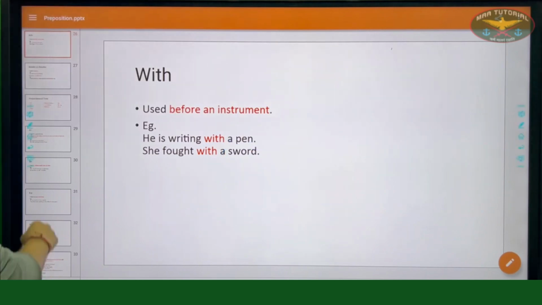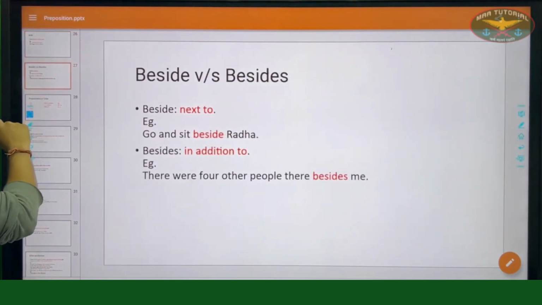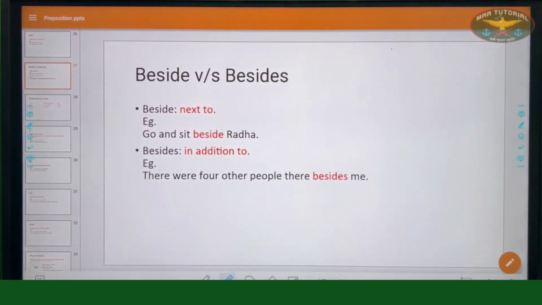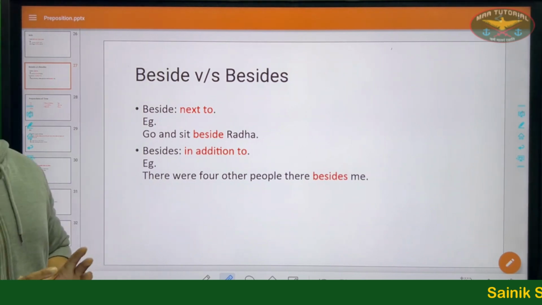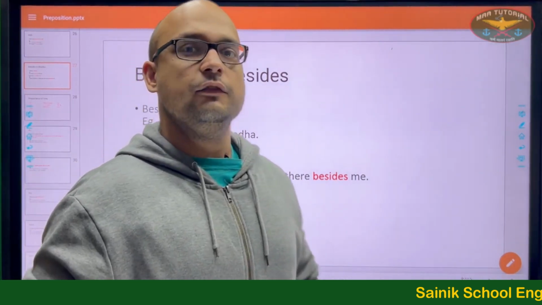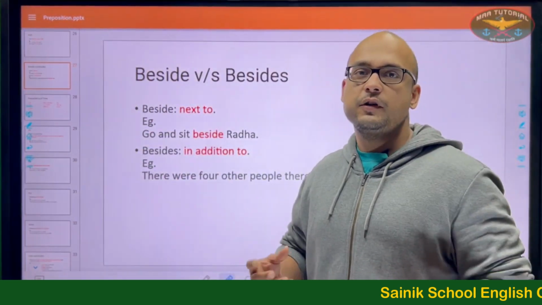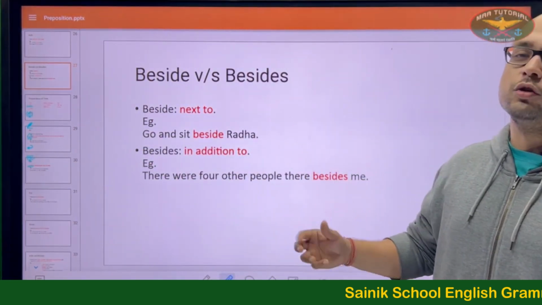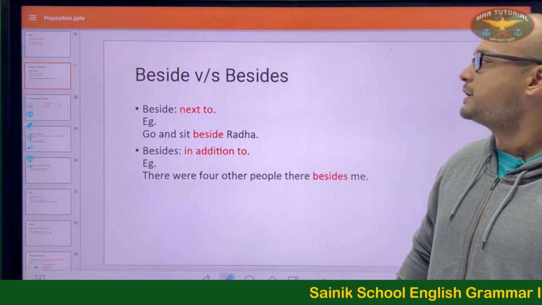Let's move on to our last set of prepositions of place or position, beside versus besides. Now I have put a versus here because both of them can be confused for each other, but we must be very clear where besides should be used and where beside should be used. So we'll see where beside